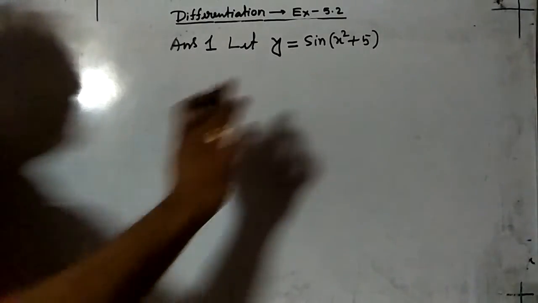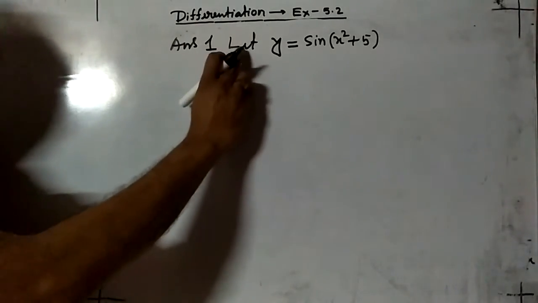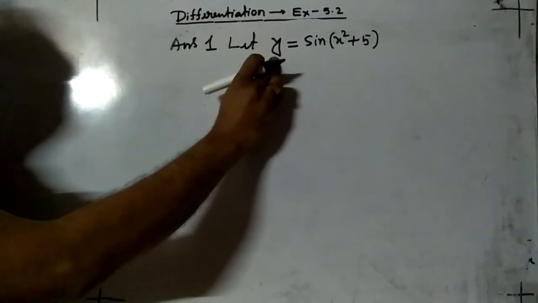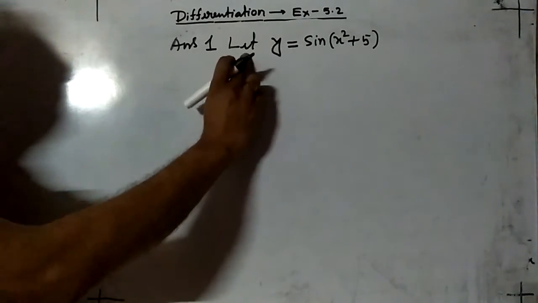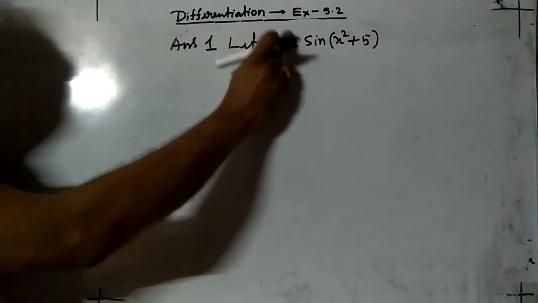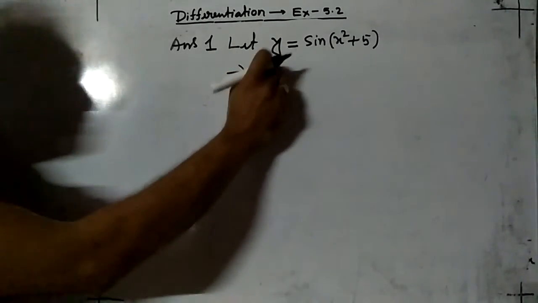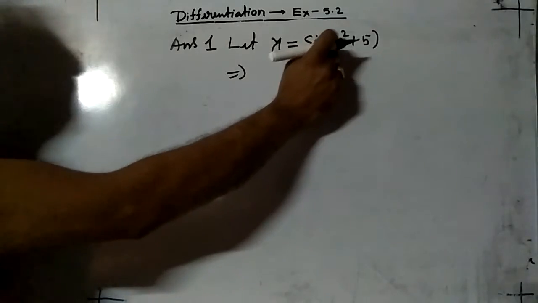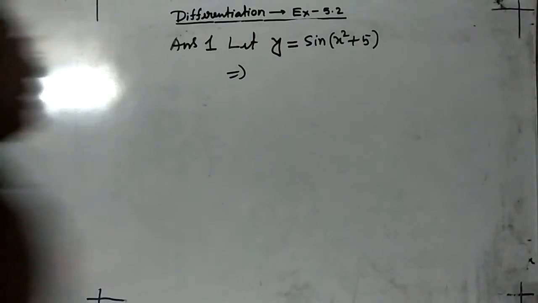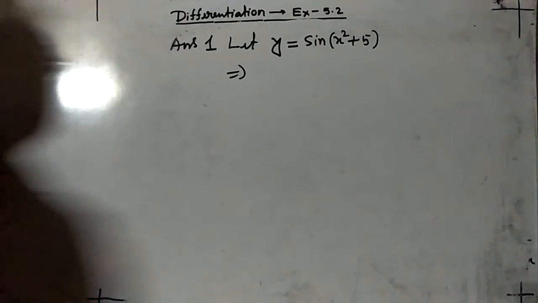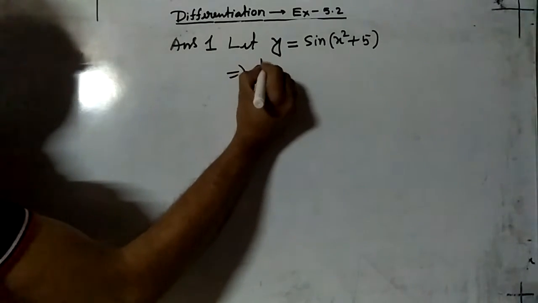Be careful, if only this part is given, then without y it will be very difficult to express the derivative. But if you write that function in this form, let y equal to that function, y is actually the image of that function. So y equals sine of x square plus 5, then differentiating both sides with respect to x, we'll get dy